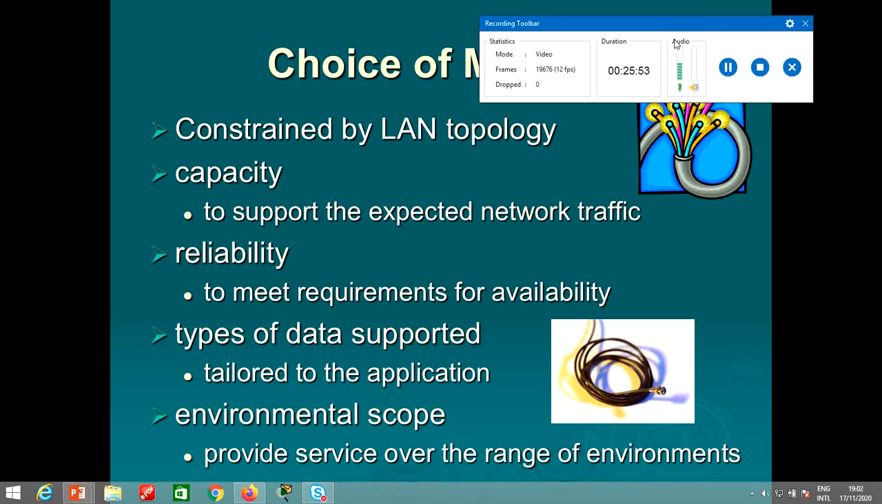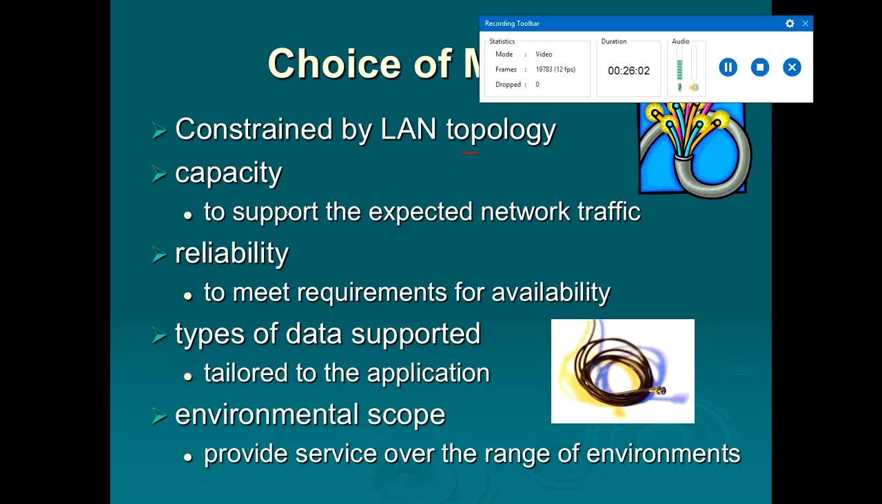So when we are choosing a medium for a particular LAN topology, choice of a medium is constrained by whatever topology we are choosing. So we need to check these factors. First one is the capacity, reliability, types of data supported, and environmental scope. So these are the four factors which govern the choice of the topology. Capacity means to support the expected network traffic. There can be huge amount of traffic, so whatever the cable we choose, it should be able to support the network traffic which can be expected on that particular